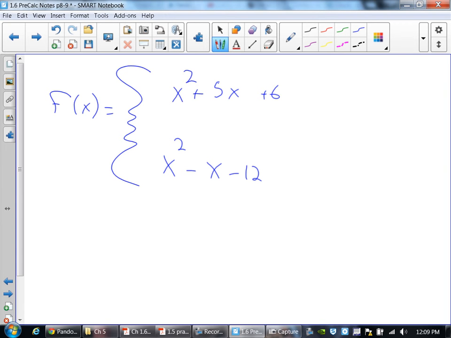So let's say this one is for all x values that are less than or equal to 3, and this is for all x values that are greater than 3. Real simple, nothing too crazy. We're just making up a piecewise function with a quadratic. I just wanted to show you guys how you can graph that, just like we did with that linear stuff